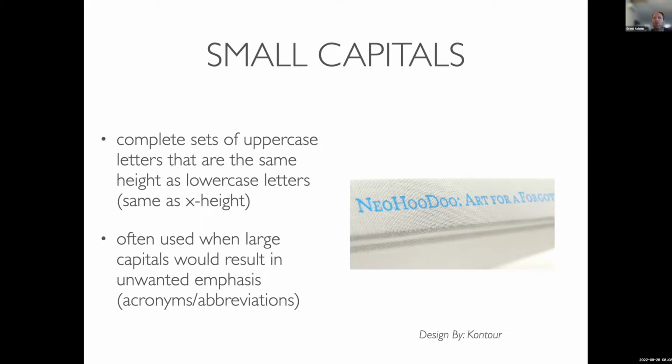Small capitals are also important. They're complete sets of uppercase letters that are the same height as the lowercase letters. And you probably run across these before. A lot of times they're in titles, etc. But the purpose of them is to be able to use capital letters, or like think about if we were writing a scientific paper and there was a lot of abbreviations in it, you know, DNA or something like that,